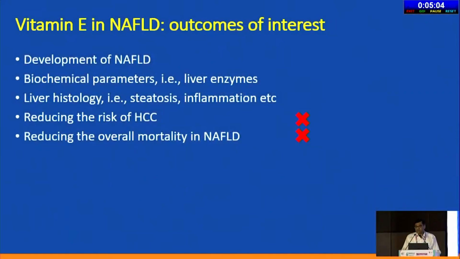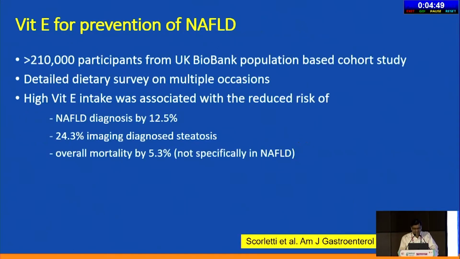Now the clinical application of vitamin E. These are the 5 outcomes in which we are interested: whether it prevents development of fatty liver, whether it normalizes the biochemical parameters, whether it reduces inflammation or improves histology, whether it reduces the risk of HCC, and the overall all-cause mortality. These could be the 5 endpoints in which any study or a clinician will be interested. We have very limited data, related to animals, for the risk of HCC, which I will not be talking about, and we have almost a single study on overall mortality in NAFLD, which I will come to, but that is not NAFLD. So we have no data on two of the objectives, we can say.